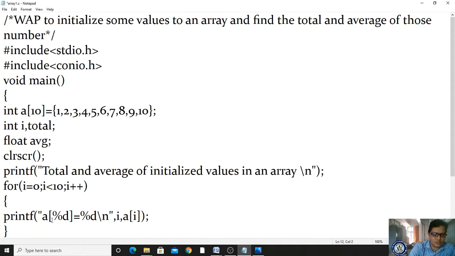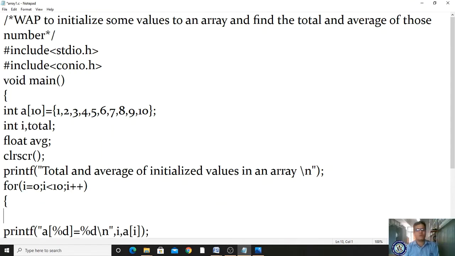If the condition is true, now first what I have to process, you first initialize the value of total as 0. If you don't initialize it to 0, then it will take a garbage value. Okay, so now we want to process the total value. Total is equal to total plus a of i.